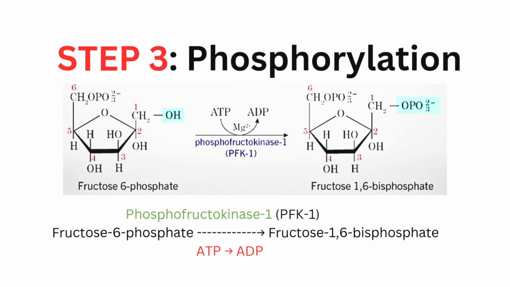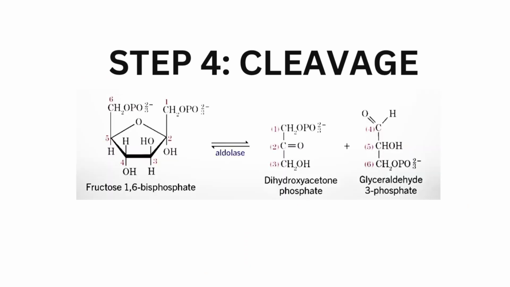This step is marked in red because ATP is used here, making it a part of the energy investment phase. This reaction is irreversible and serves as the rate limiting and regulatory step of glycolysis, which means the overall rate of glycolysis is mainly controlled at this step. Now that fructose 1,6-bisphosphate has been formed, the glucose molecule is fully activated and ready to be split into